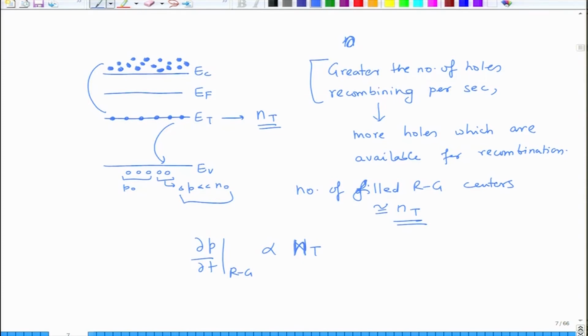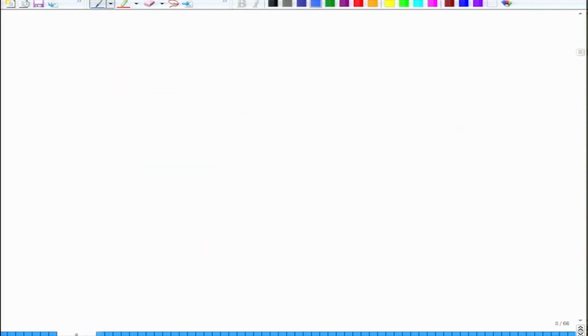So, essentially you are not saying that all of them will recombine, but it is proportional to the number of them recombining. So, basically if you have more holes, more electrons will be jumping. So, in some sense the rate of the holes recombining here is proportional to the number of electrons which are available at the trap level. So, you can say from this that del P by del T Rg, you can have some thermal recombination as well. So, put together this is proportional to small nt, and this is equal to minus of Cp Nt delta P,